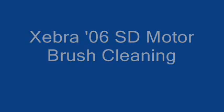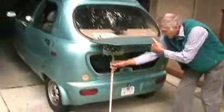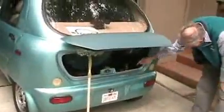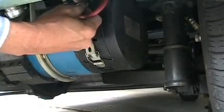Cleaning the brushes on the ZAP Xebra. Chock it and jack up the right rear wheel and remove the wheel. Then take off the two wires that attach to the motor